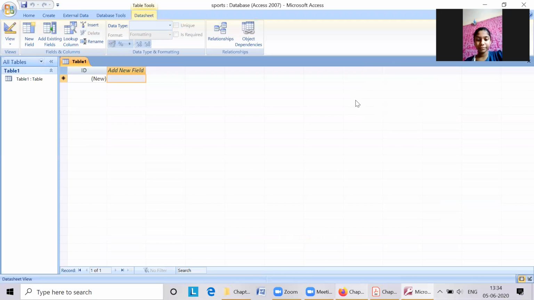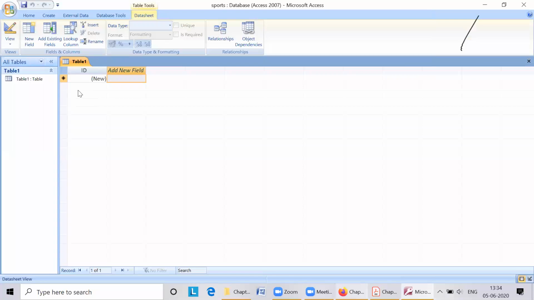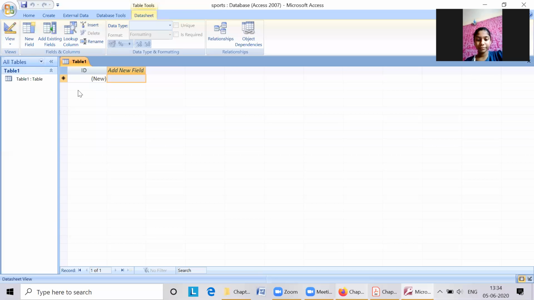Okay. Now concentrate over here. So you have created a sports database. Now in the sports database, you have to create a table. Assume that the database is your home and tables are the rooms of that home.